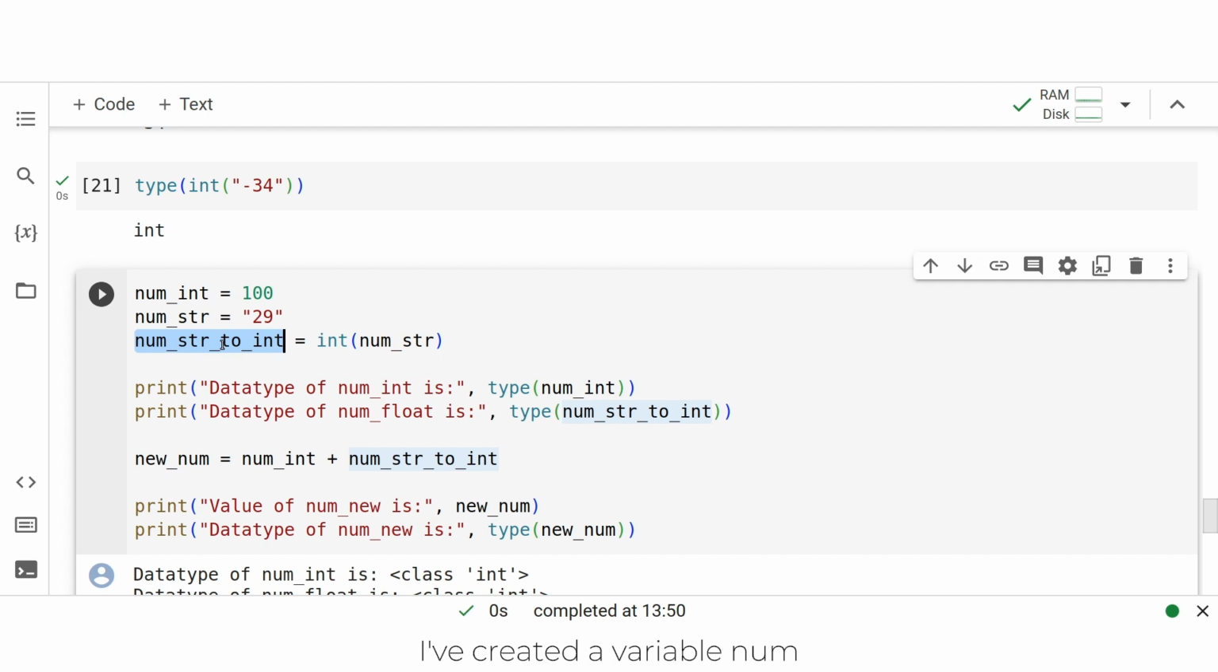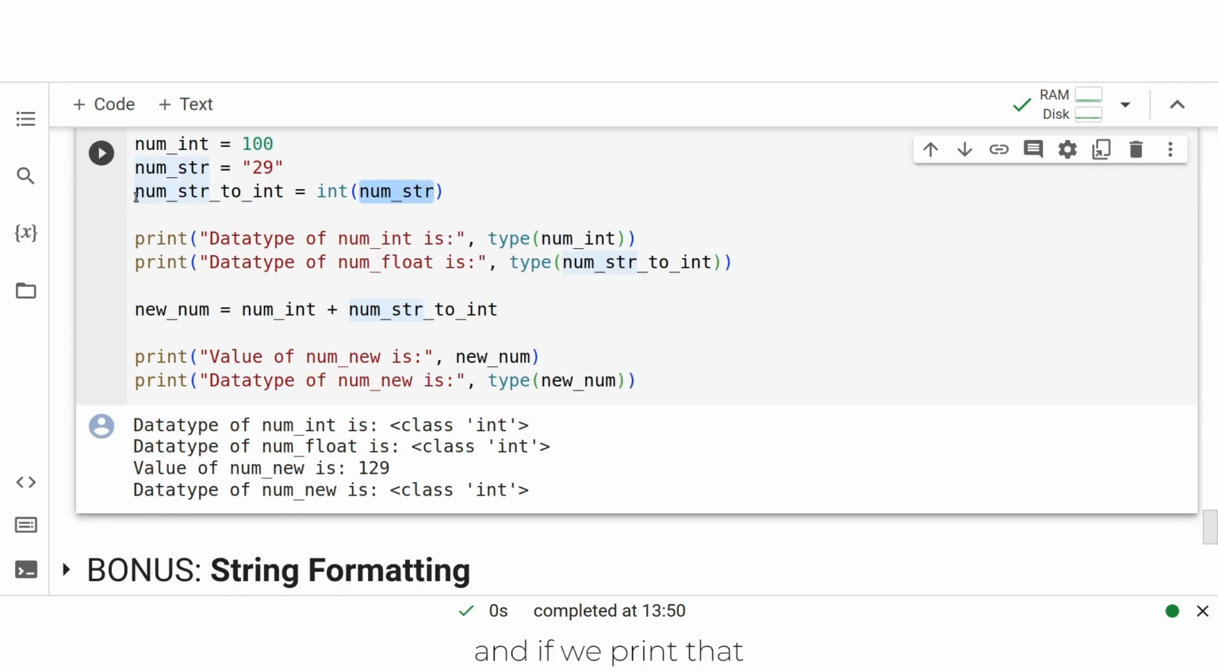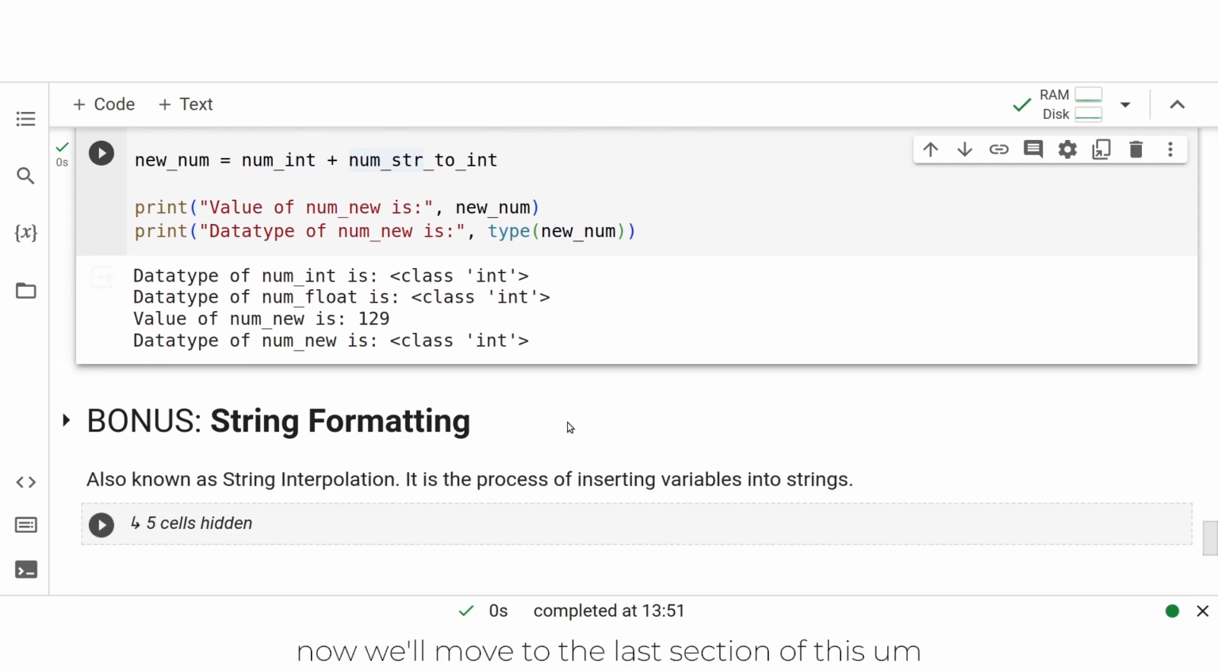I've created a variable num string to int because I'm converting string to int, and you can see that now I have the integer. This will become 29, and if we print that, because now it's an integer, we have our final answer. Now we'll move to the last section of this